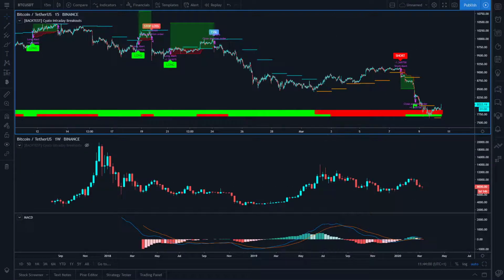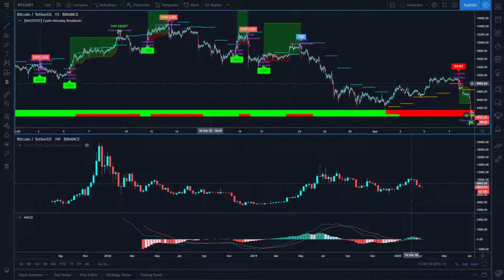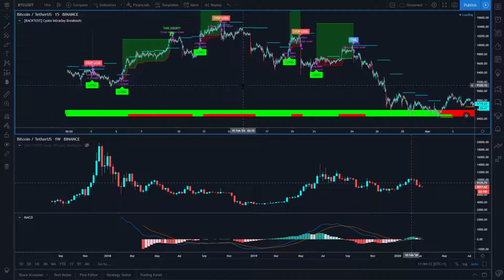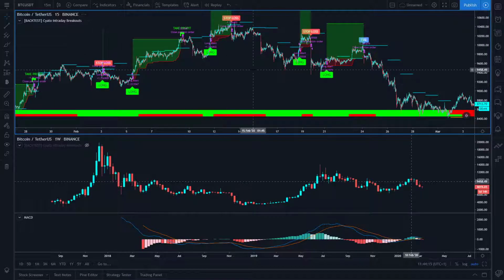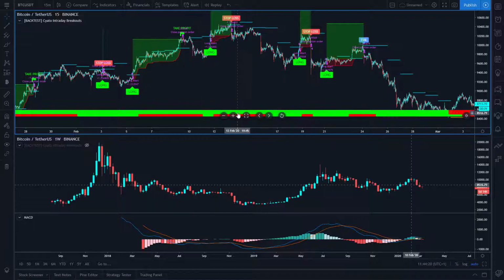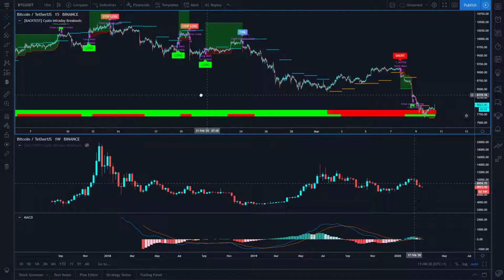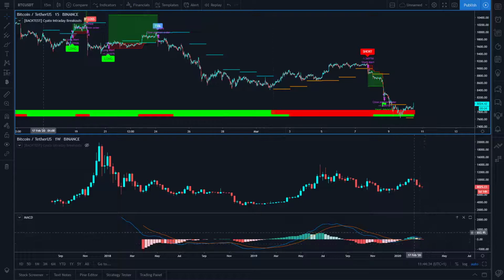So the idea of the market tide is that when the MACD histogram is rising, we will have a bullish trend, and we will only take long trades during this time. So with the intraday breakout indicator, we can see the market tide with the first line at the bottom. If the line is green, it means we are bullish. If it's red, it means we are bearish. Okay, so currently we are bearish because we see the histogram here is falling.